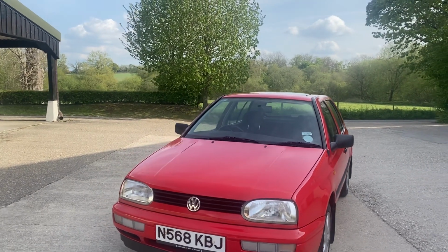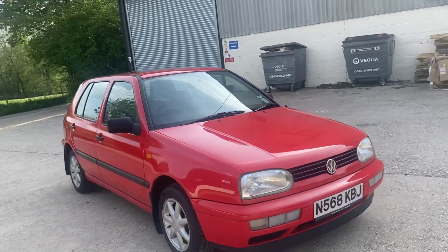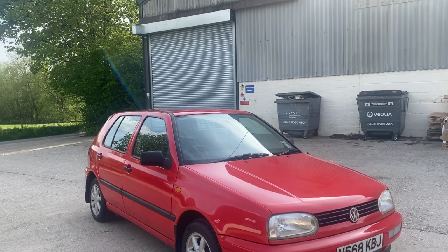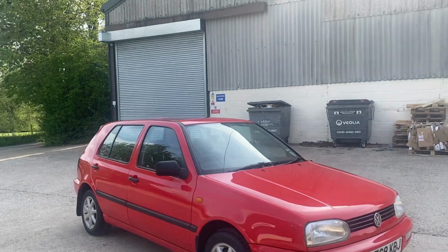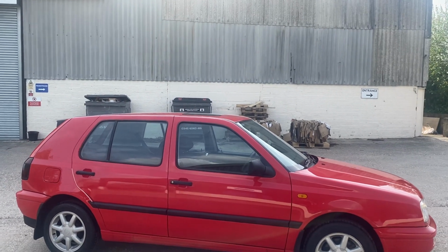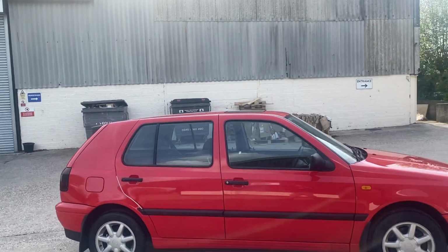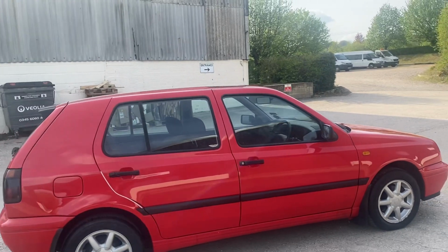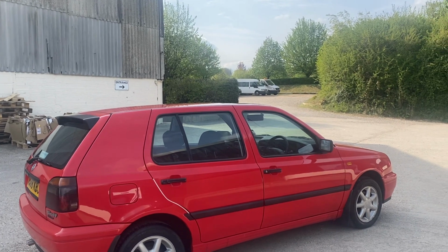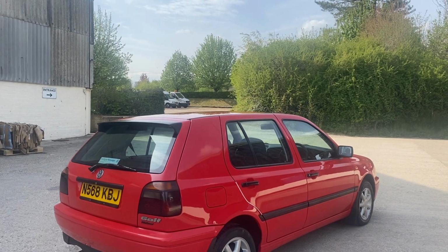Just having a quick look at my notes just to see if I need to add anything else. Hopefully I may have mentioned that it does have power steering as well, where some cars didn't. It does have its full set of dealer manuals and all the brochures that would have come with this car when it was new. That includes its fully stamped up service book right up to 32,000 miles, and it's actually got 33,000 miles on it, and it has MOT through to April 2023. I've mentioned it's just been in the one family since it's been new, and clearly it has been very well looked after. Well, folks, I can't think of a great deal else to tell you about this lovely little Golf,